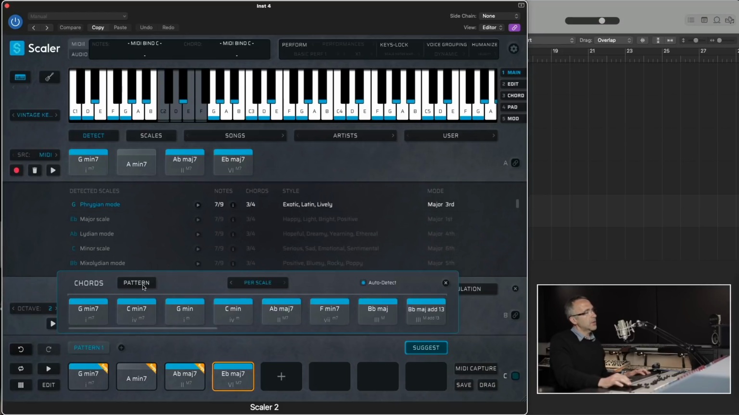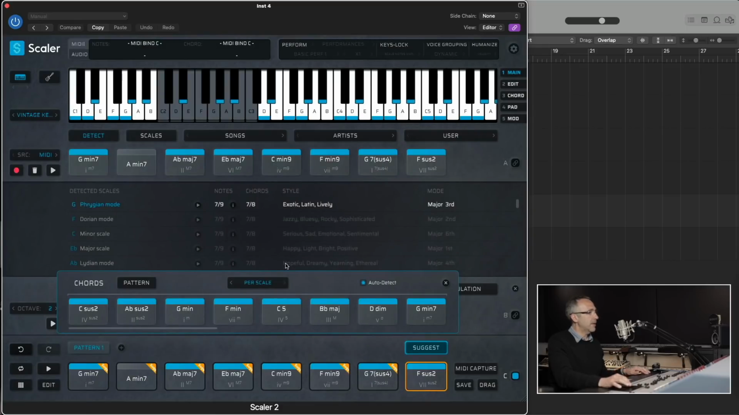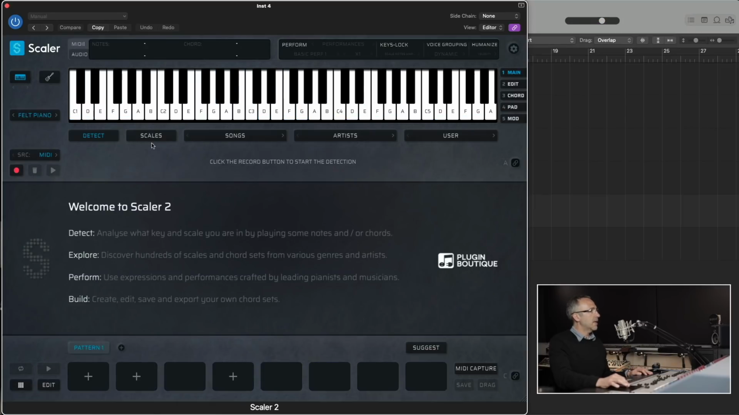What I can also do is go into pattern and ask Scalar to suggest a pattern. It can replace the entire pattern or fill or complete the rest of the pattern. So I'm going to go ahead and fill the rest of the pattern, see what it's come up with. I'm going to clear the Scalar pattern and have a look at some other ways to use the